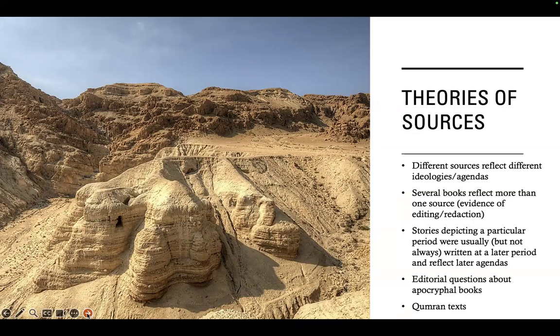And those are sometimes interesting in terms of comparing the stories from the outside to the stories that got included in the canon, and it raises lots of interesting editorial questions about why some things ended up inside, whereas other things got left out. In some cases, the things that got left out because their literary value was not great or they were boring. In other cases, it's precisely because they're too wacky and interesting to be included in the canon. And this, of course, reflects the agenda of the redactor or the editor, right?